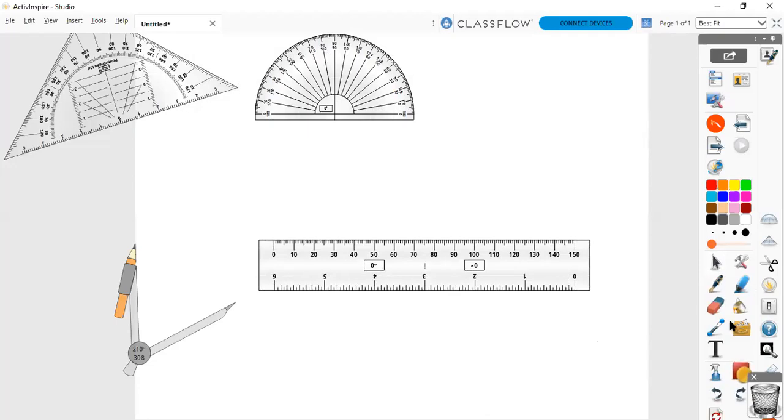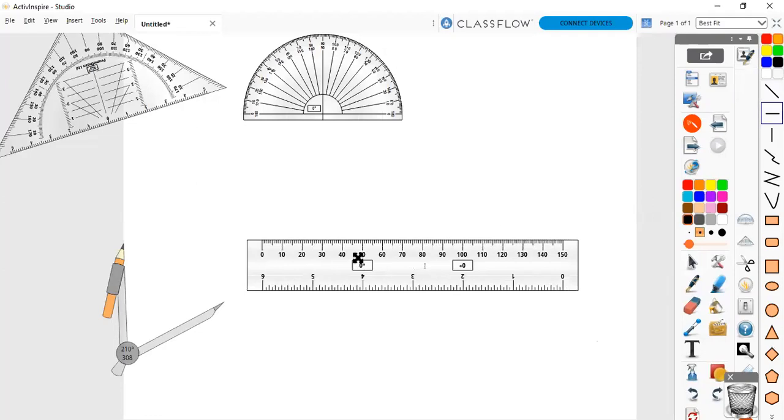So we'll use this horizontal line. I will draw one line like this, and at some angle, I will draw one more line like this. From the same point, I will draw one more arc like this. Now this is one angle. I don't know what the angle is, but I want to bisect this angle, which means I want to divide this angle into two parts.